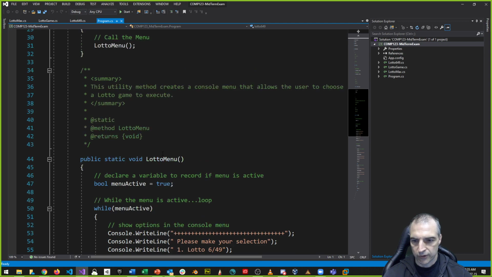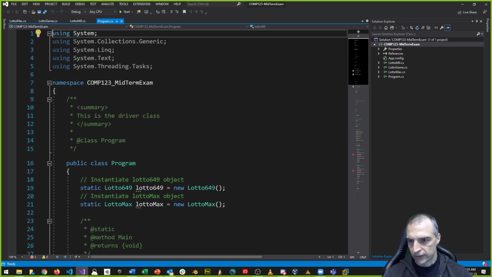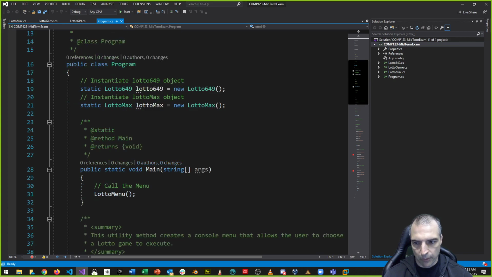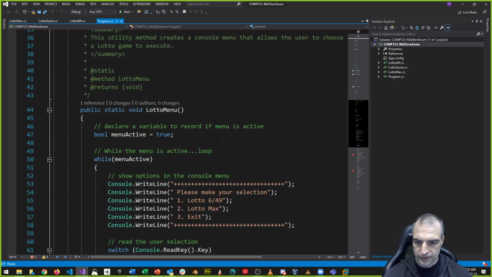I also put some additional information here. So for example, this is the driver class. Okay, here's where we instantiate. So the instantiation and all that stuff has already been done for you. There's parts of this that have been already done for you. So you don't have to do a lot of this by yourself. But there's going to be parts of it that have